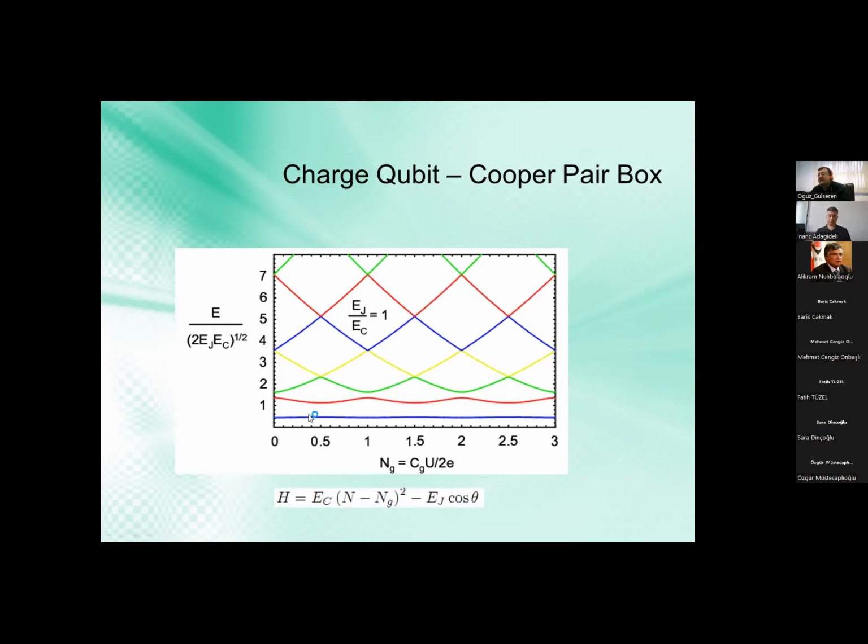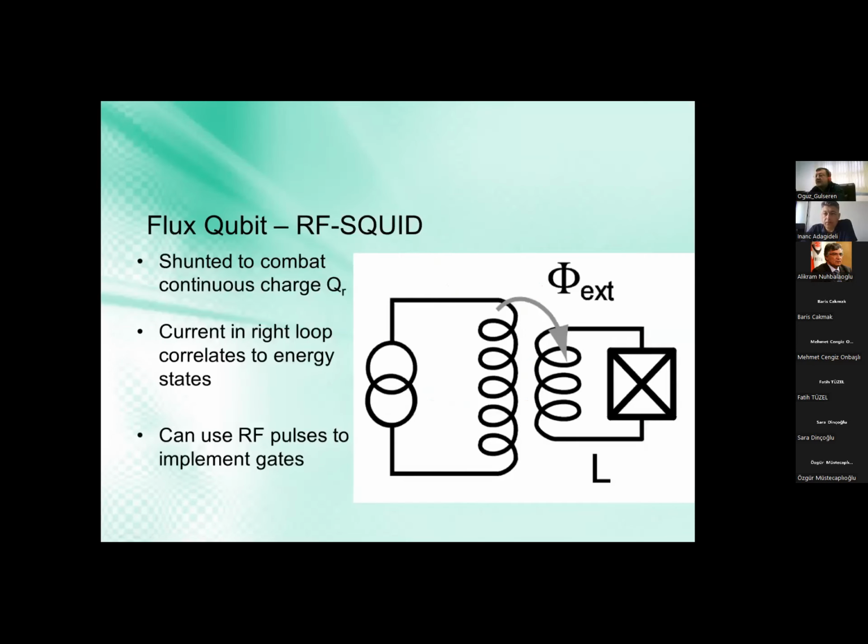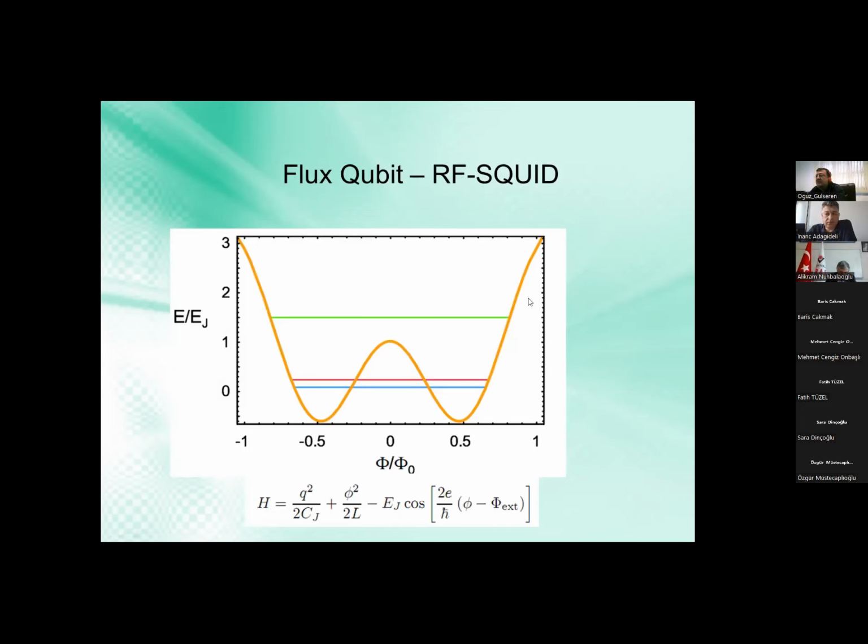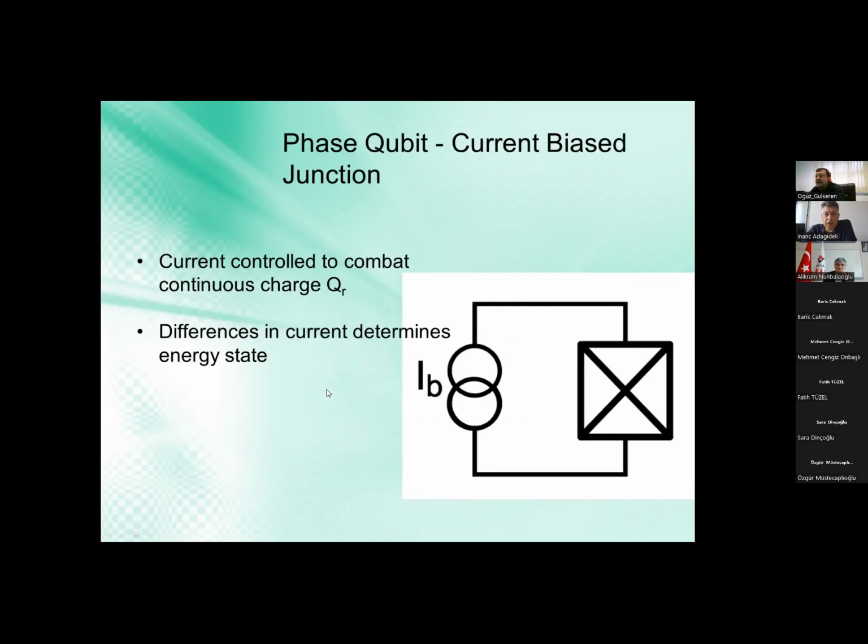Then these first two levels, by adjusting this separation and that separation, can be isolated, and these two are used for the qubit. Then for the flux, we have this SQUID structure. In that case, we have a double well potential with this type of Hamiltonian, and it gives the two levels there. Then for the phase,